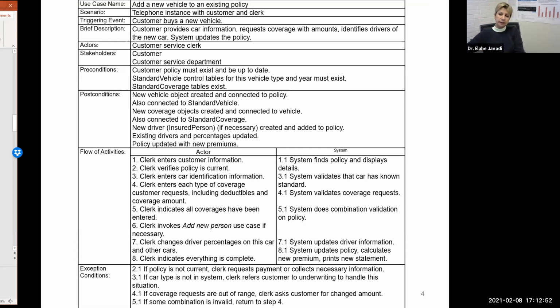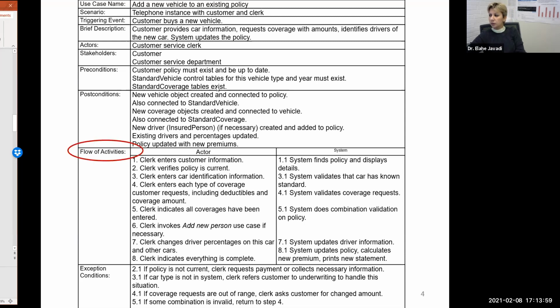So just 2 minutes scanning the whole table. Okay,